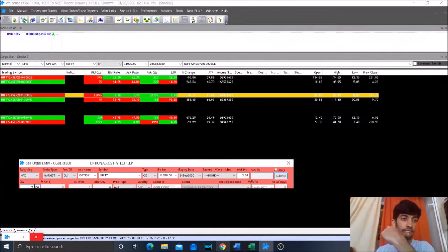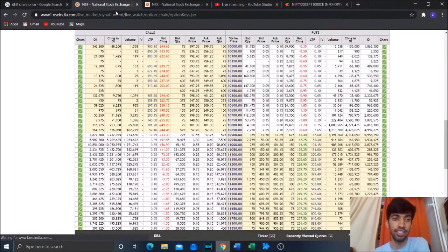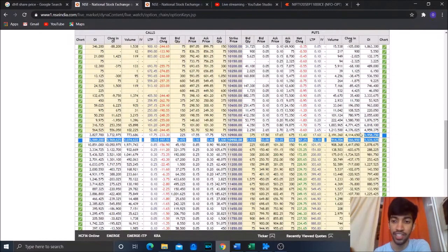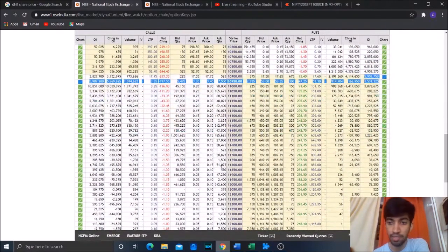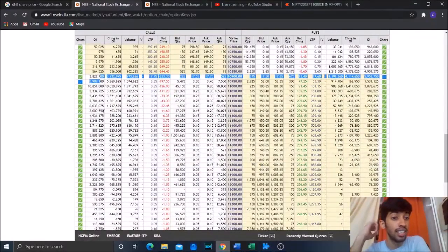Just wondering if it is a good trade, because I'll go through the open interest data once again, because this will tell us quite a lot of things. Open interest doesn't suggest a fall below 850, because there is nothing on the call side, and pretty much 60 lakh at 900, 50 lakh at 850, which is pretty hard. Whereas on the call side as well, we have 1 crore 60 lakh, 1 crore 70 lakh, as well as,